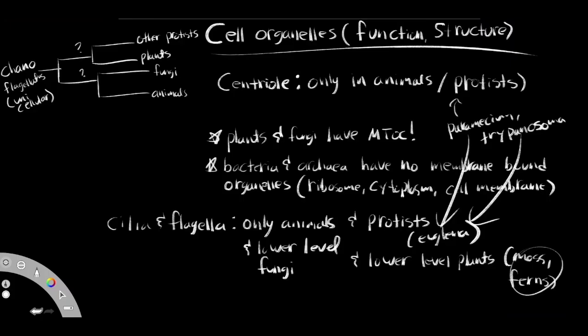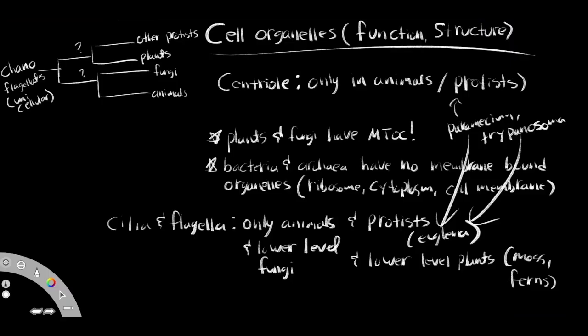I could explain why, but we're not going to get too deep into the evolutionary biology, so I don't want to take too much time out of this video to dive into their roots and why they would need cilia and flagella. But just have in the back of your mind that it's normally just the animals and the protists that have cilia and flagella. We can get to the evolutionary biology a little bit later on in the other units.